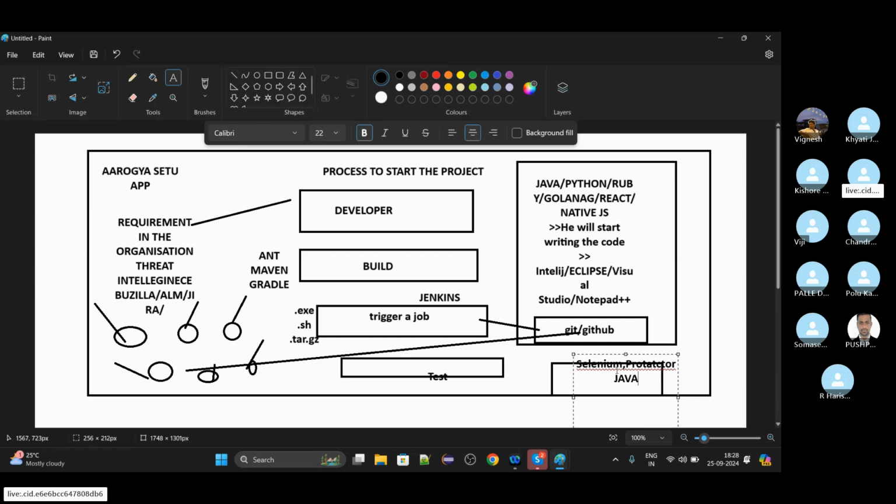They use Java, Python as programming languages. They use frameworks such as TestNG. They use BDD frameworks.